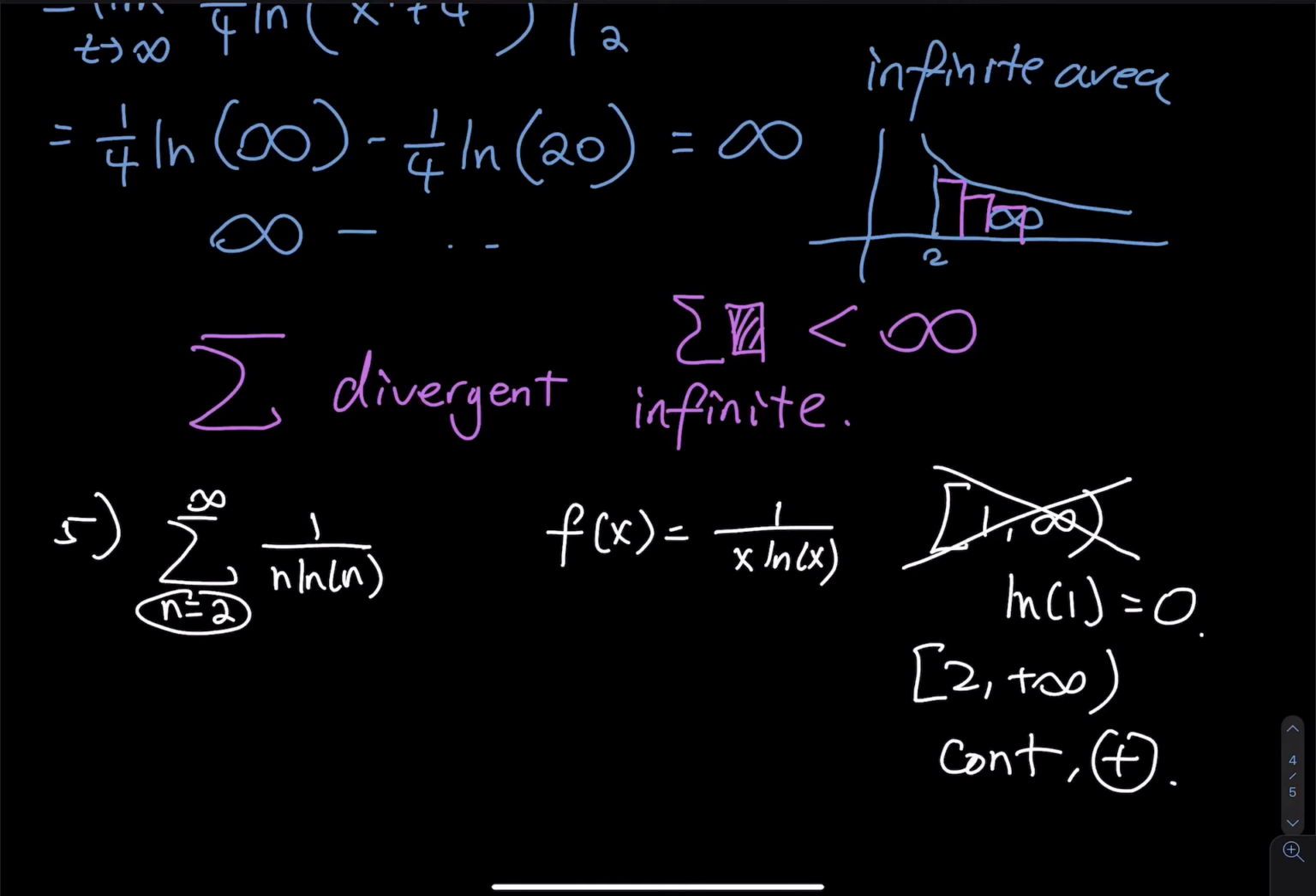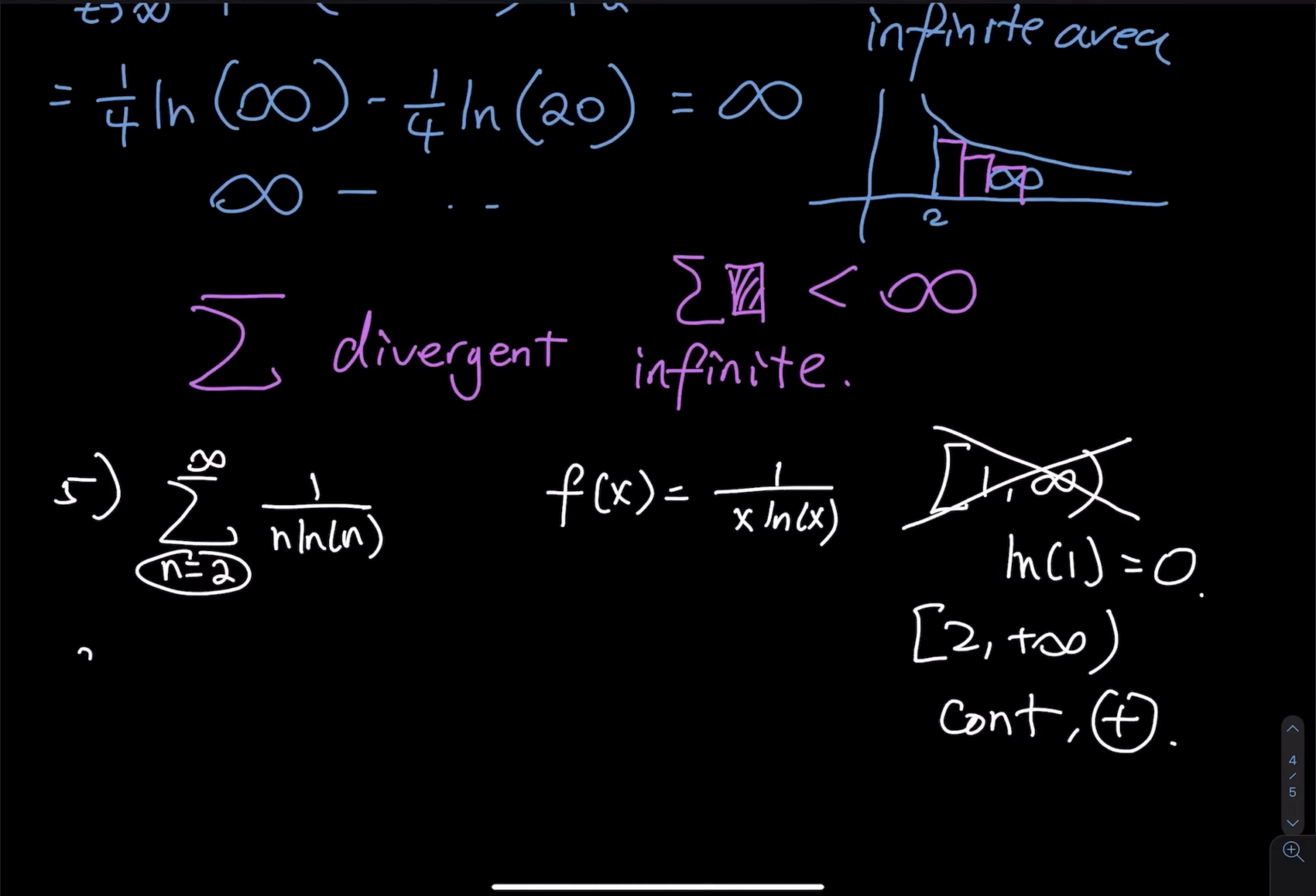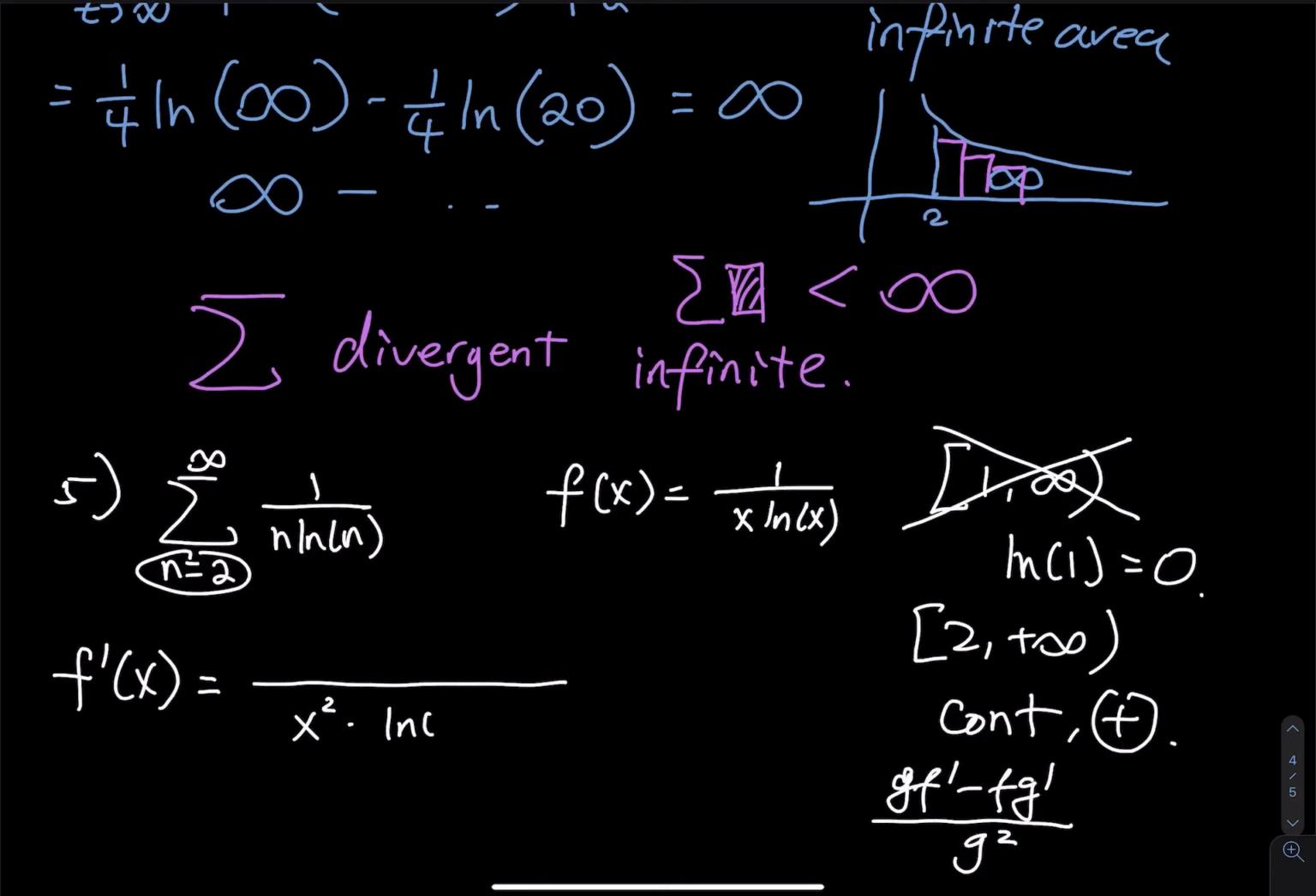To prove decreasing, you have to find the slope. So f prime of x, you have to perform a quotient rule. So quotient rule is gf prime minus fg prime divided by g squared. So we square the denominator. That will be x squared times ln x, the whole thing squared. And then g is this. The derivative of 1 is equal to 0 minus f, and then g,